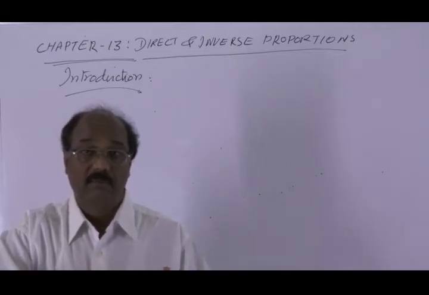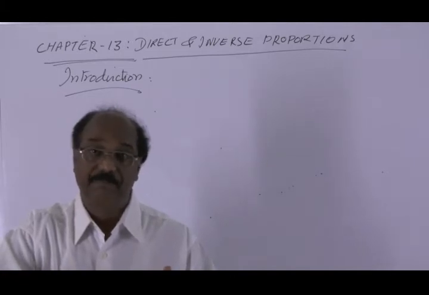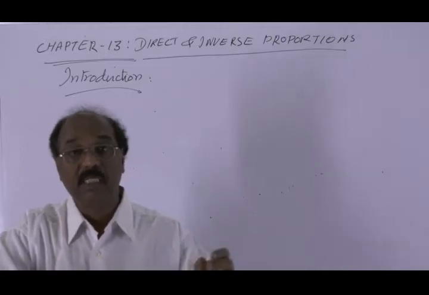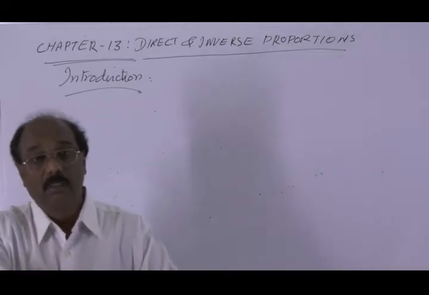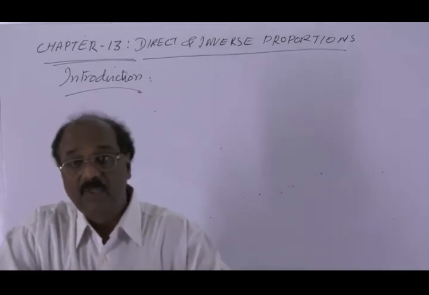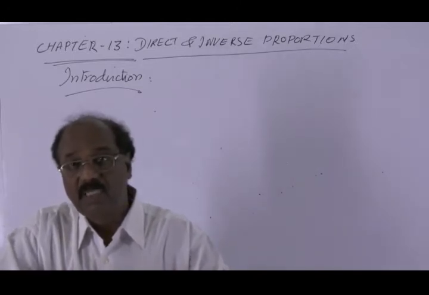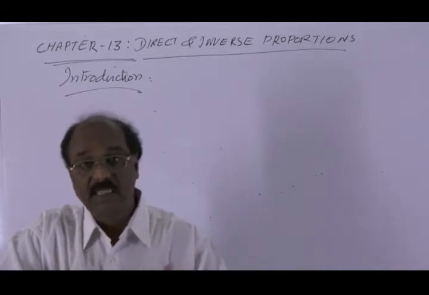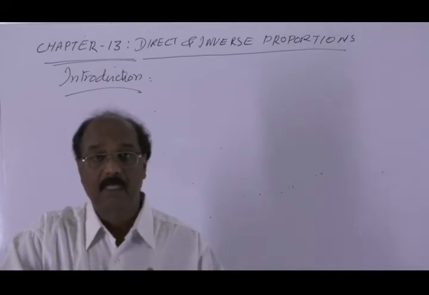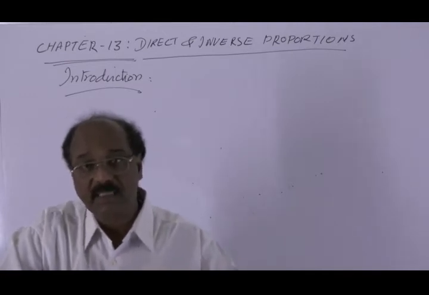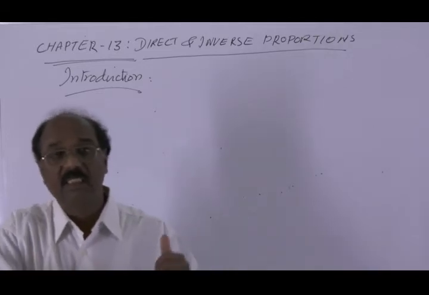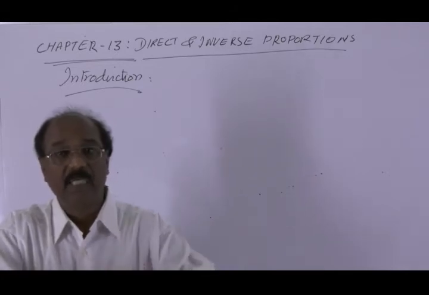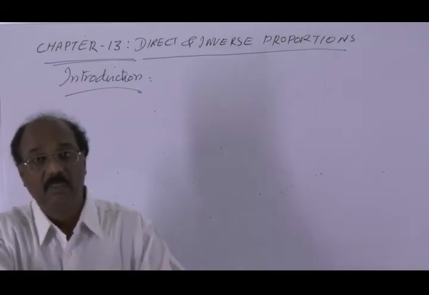Area is also a variable. How does area become a variable? For example, consider a circle. The area of the circle is a variable varying with respect to its radius. As the radius changes, the area changes. If the radius is increasing, the area is increasing, and if the radius is decreasing, the area is decreasing. So the area of a circle is a variable.